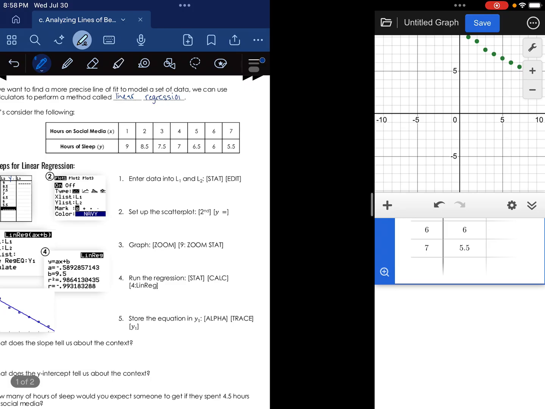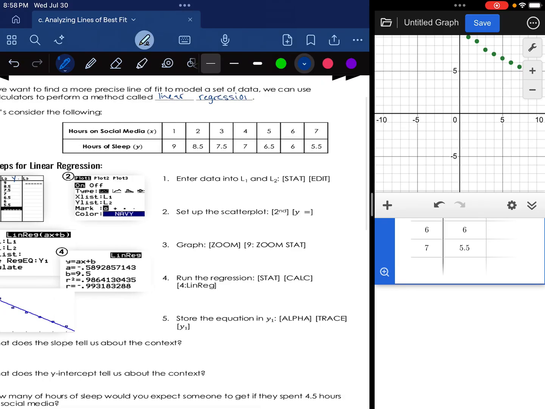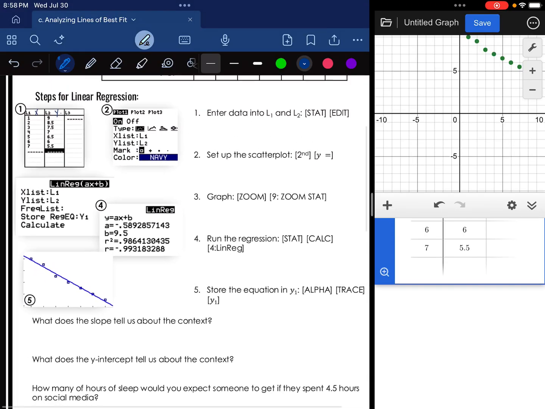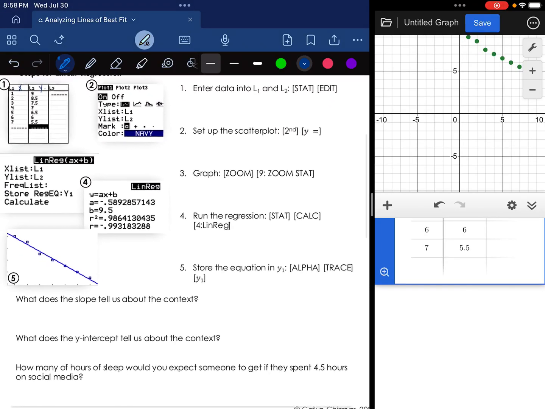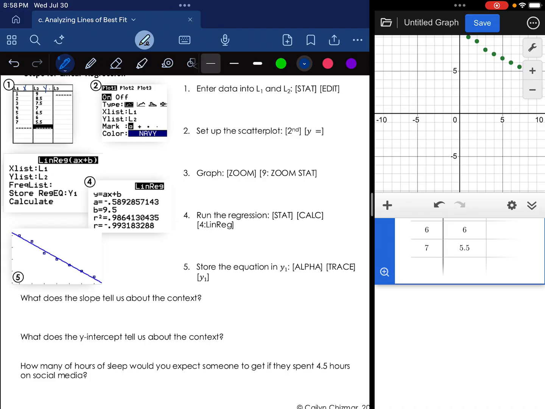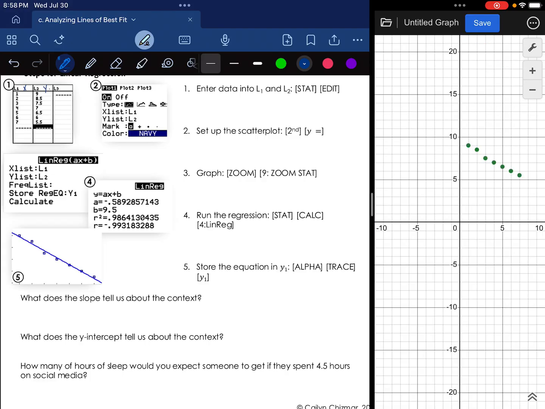Then I moved that over. Now to set up to do a lot more work on the calculator, you would hit Y equals. Y equals is where you would normally type in equations when you're graphing. Then you have to make sure the settings look nice. If you have the kind where you can change the color, you can change it to whatever you want. Navy blue is my favorite color, so that's what mine's always set to. Make sure your plot is on. We want it to look like a scatter plot, which is the first type. You can change the marks to anything. I just leave mine as a dot